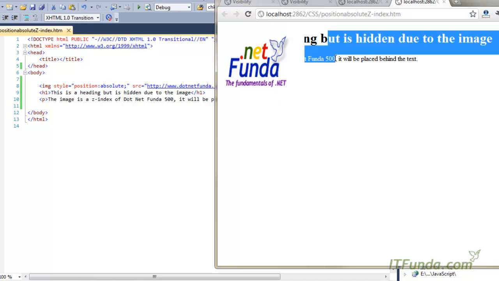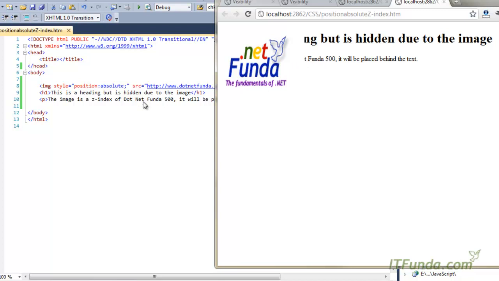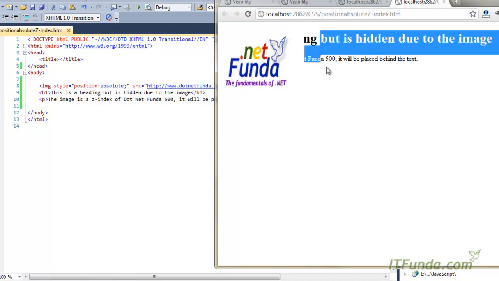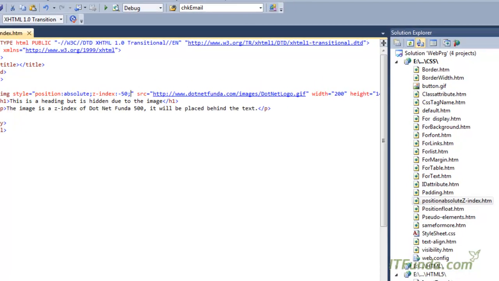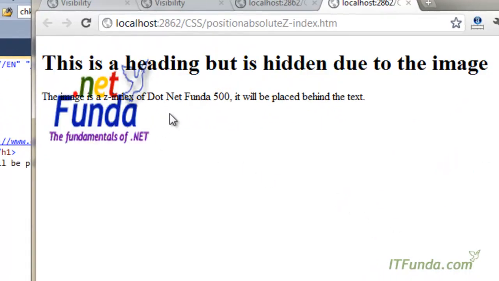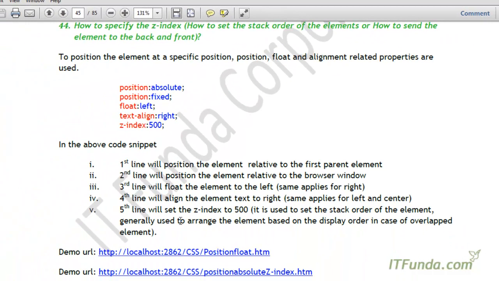So these texts are not appearing here at all. Now in case I want this text to appear on top of this image, then what we'll do is that we'll specify the Z-index of the image to less, maybe -50. Now what will happen? You can see that it is appearing on top of the image. So Z-index is basically used to set the stack order of the element on the web pages.